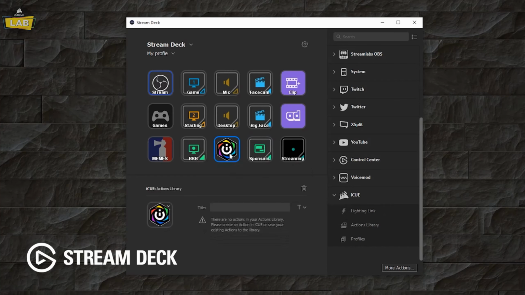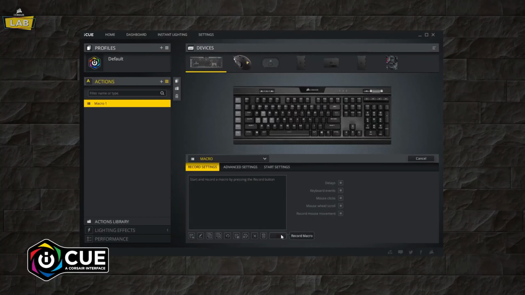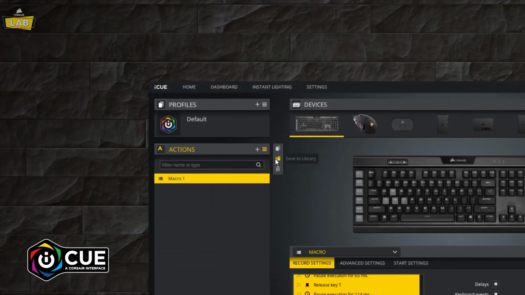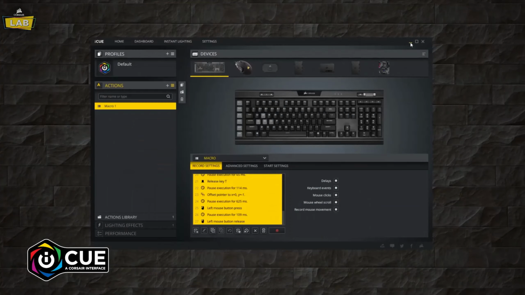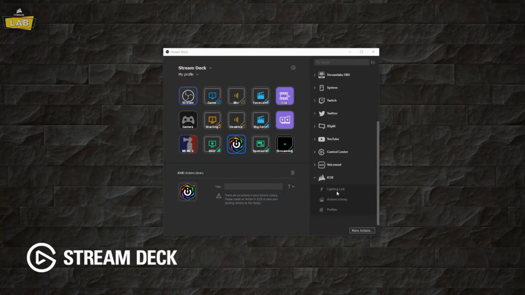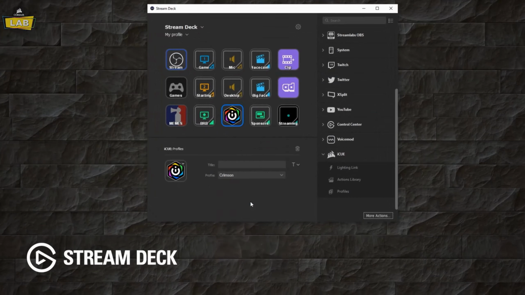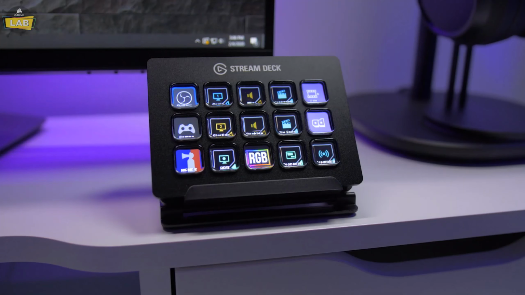Actions library will execute a custom macro, remap, or other action that you've saved in iCUE. To save an action in iCUE, click the Save to Library button to the right of the iCUE Actions panel. The Profiles action allows you to switch directly to another iCUE profile on the fly. And that's it. Corsair iCUE integration in the Elgato Stream Deck software enables instant access to custom system lighting, profiles,